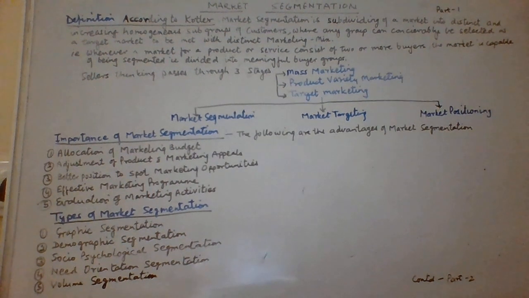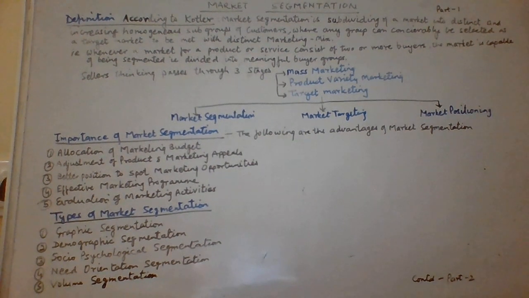That is what I've discussed just now, the four Ps. There is no need to have a different combination of marketing mix. The one idea, or the main aspect of one strategy which the marketing manager makes with the help of the four Ps, remains for the entire market. Second is product variety marketing. Here, the seller produces two or more products that have different features, styles, quality, sizes, etc.